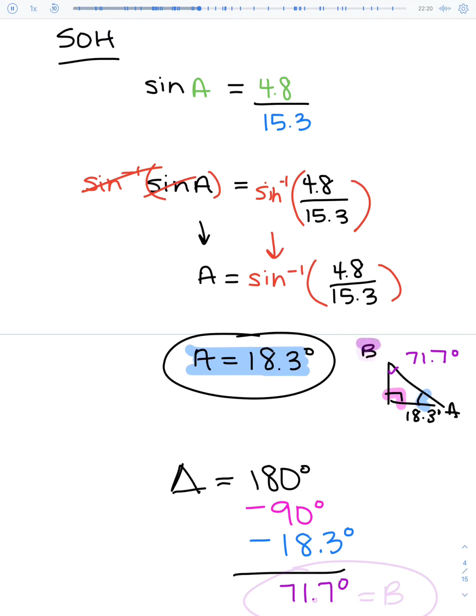So we have that our angle B here is 71.7 degrees, excuse me. And we're done. We have all the angles and all the sides for our right triangle now. So we've completely solved our right triangle. Continuing along